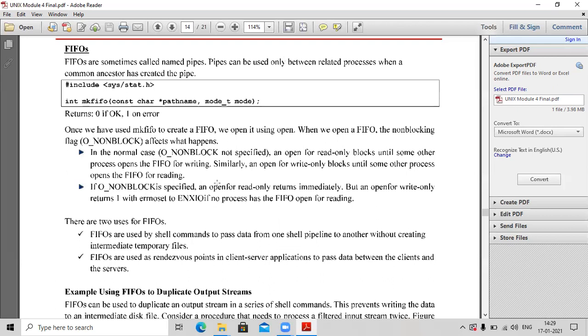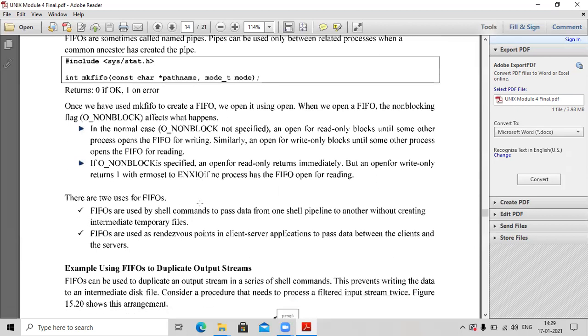In that case, if a process is trying to read while some other process is writing, it returns immediately. Similarly, if a process is writing a FIFO file while some other process is reading, it will return immediately. This is how you can avoid the blocking of a process when it is accessing a FIFO file.